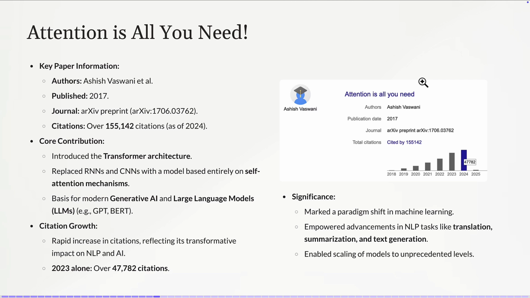This is known as the transformer architecture. That is the core contribution, and it has dramatically replaced RNN and CNN with a model based on the self-attention mechanism. Today I will introduce intuition about the self-attention mechanism. And it provided the basis for modern generative AI and large language models.